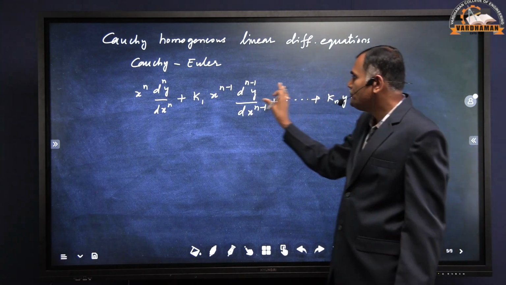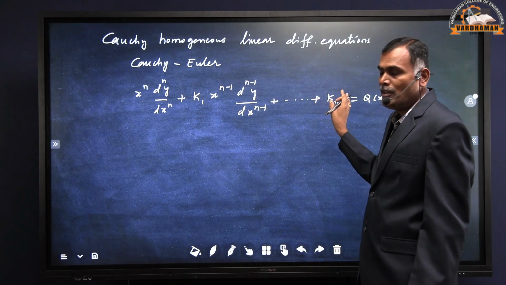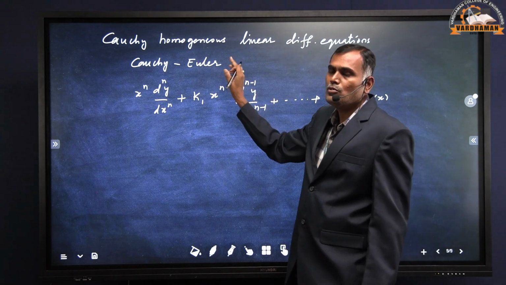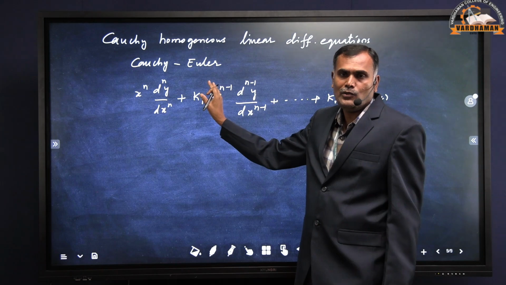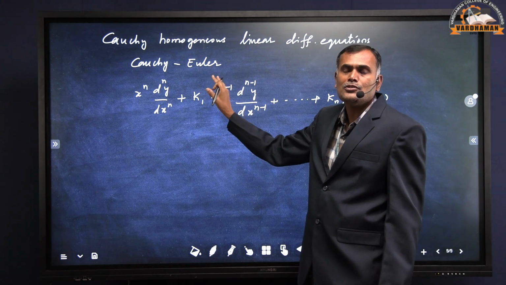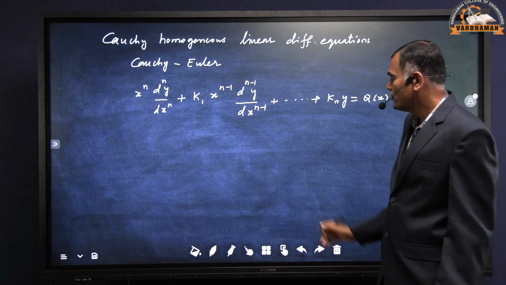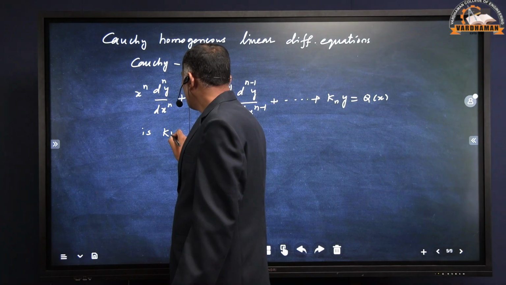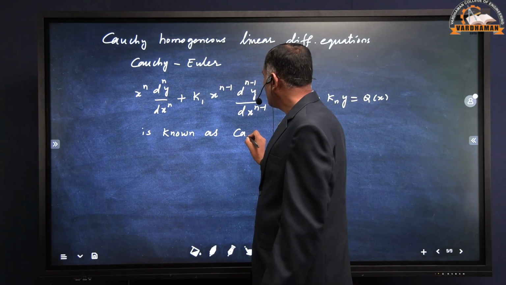Now it is a linear differential equation with variable coefficients. Any differential equation of this form is known as a Cauchy-Euler linear differential equation. To solve this differential equation, we try to reduce this to a linear DE with constant coefficients. This is known as Cauchy-Euler